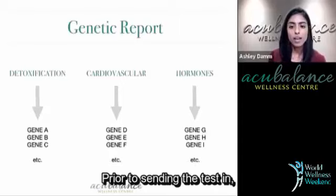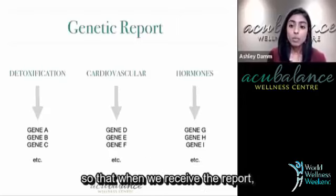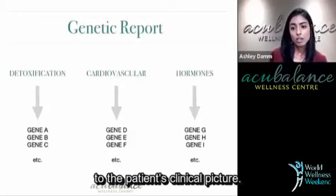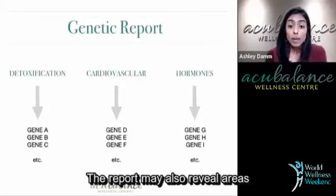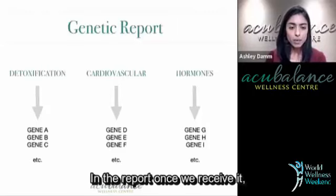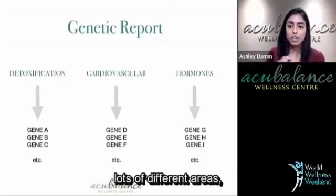Prior to sending the test in, we would do a comprehensive health history with the patient so that when we receive the report, we can identify areas that are pertinent to the patient's clinical picture. The report may also reveal areas that may not have been on our radar. In the report, once we receive it, we're going to be looking at the whole thing, lots of different areas,